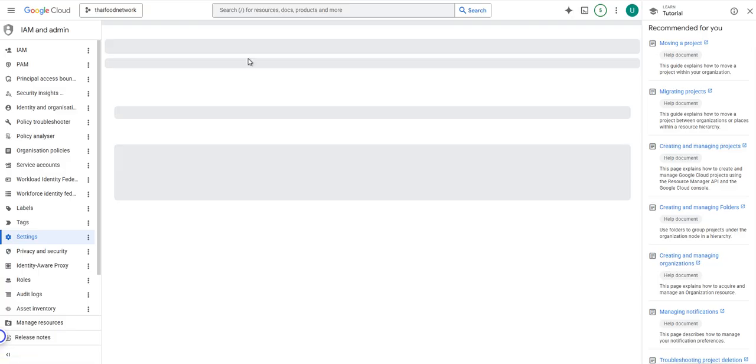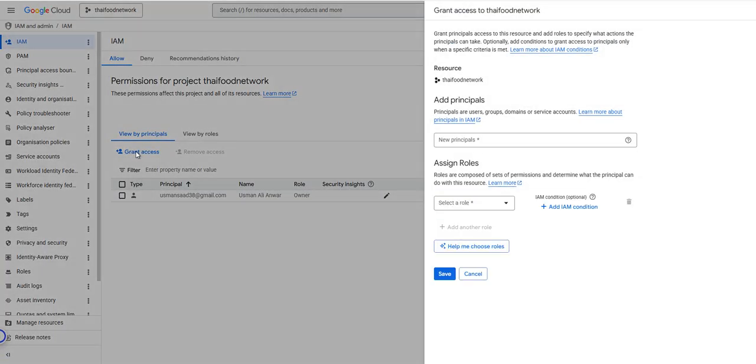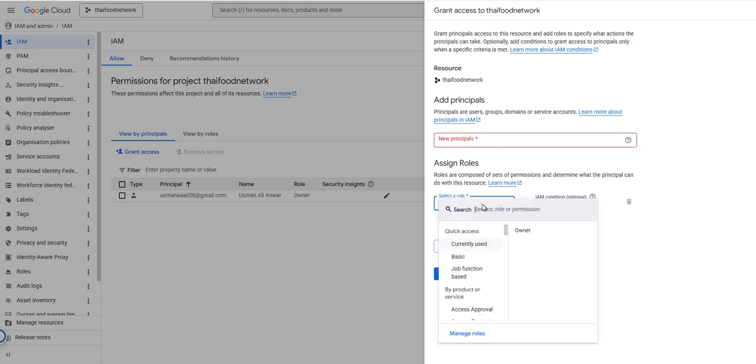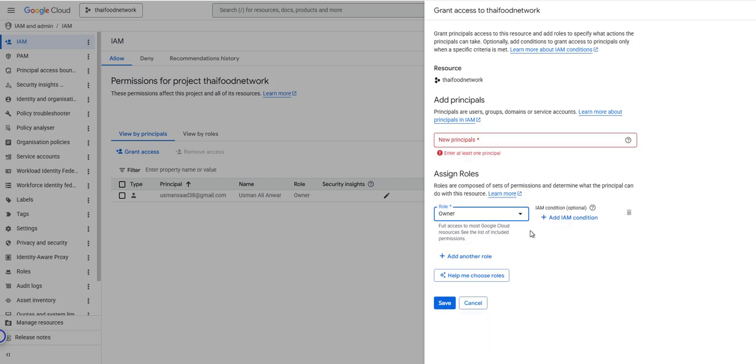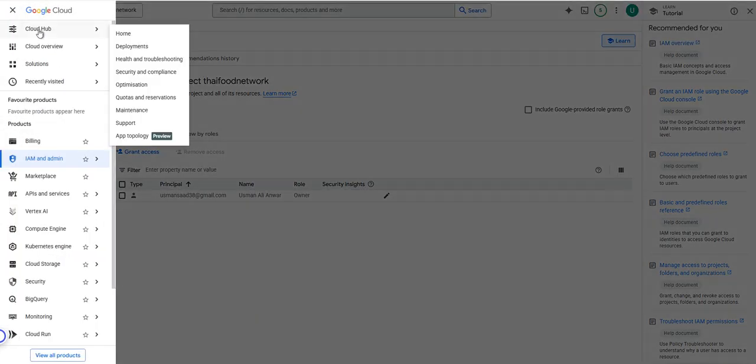and here you will see options to grant access, and here you can add the email of the user, and here you can select the role. Try to give the owner role if your developer is trustworthy, so that the developer can do anything that he needs to fix the API key. I hope you understand. And one more thing, you must enable billing in your project as well,